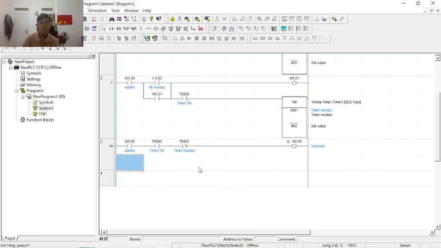Timers are simple but powerful tools in automation. They allow us to control sequence, improve safety, and ensure precise timing in process. So I think that's all that I could tell you about this session. Thank you very much for watching this video. I hope this explanation helps you understand timers in PLC and their application in pneumatic system.